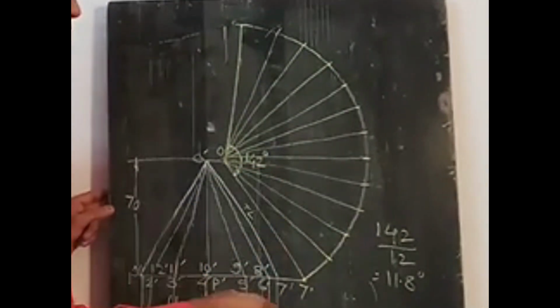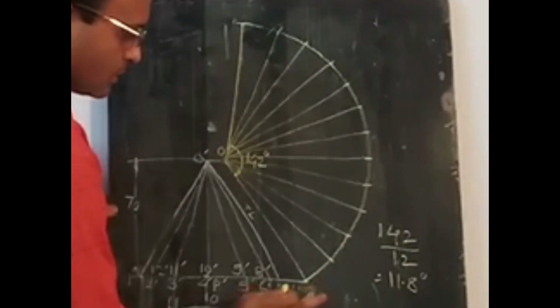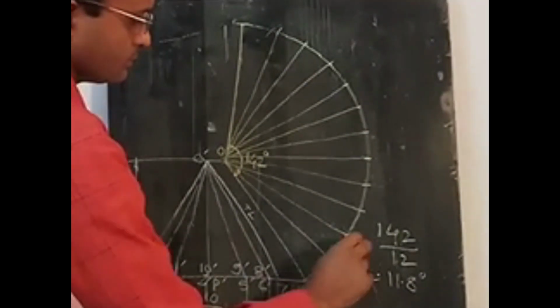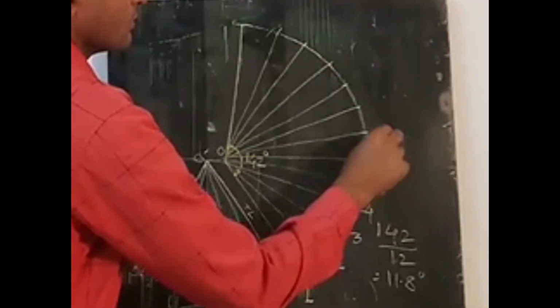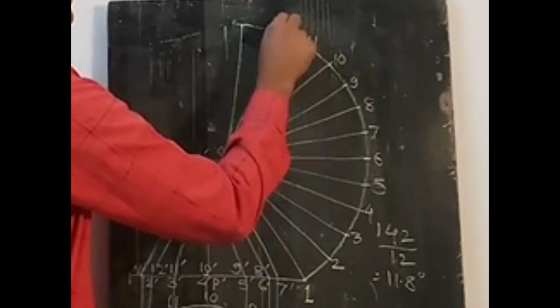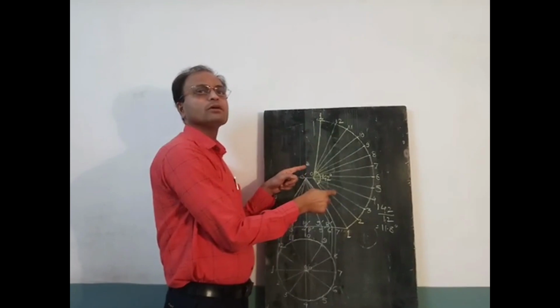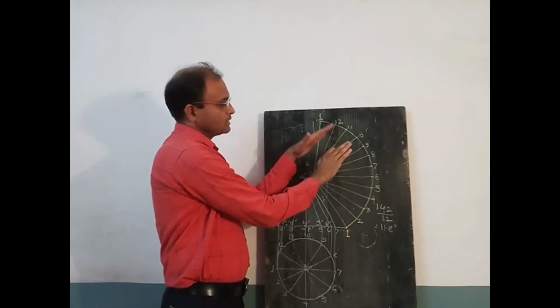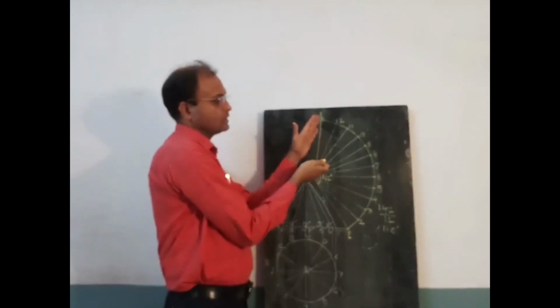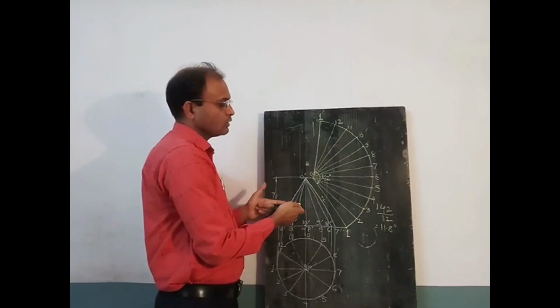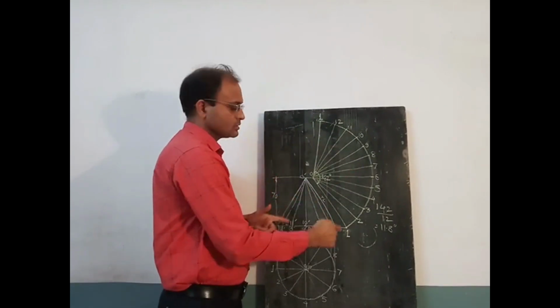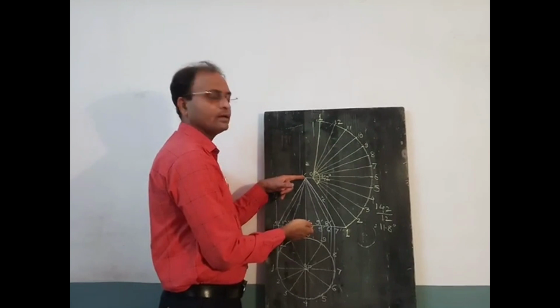Name all the generators. Let us say I start from 1. So this is the overall development of this cone. That means if you take such a sector of a circle and fold it, you will get a cone of the required base circle diameter and height.